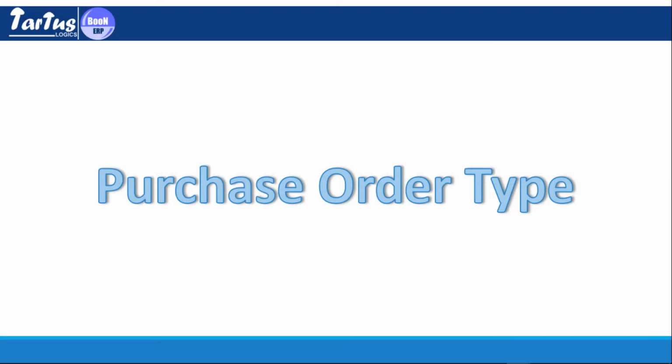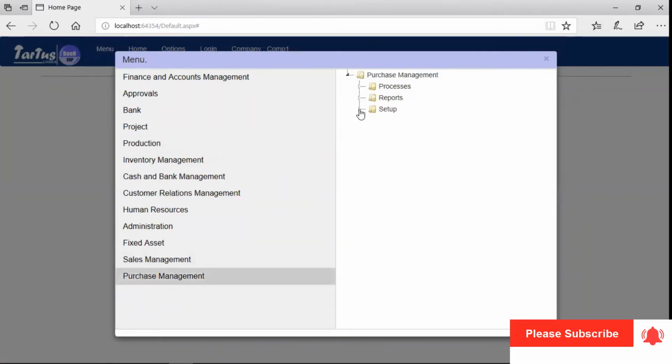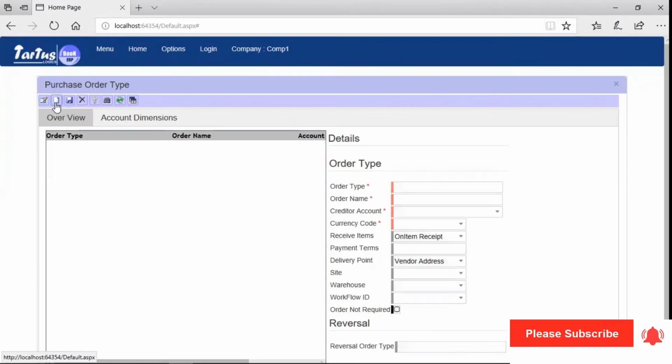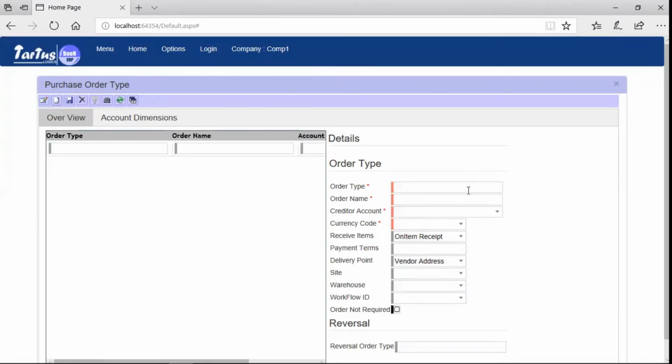To record a vendor invoice, we require a setup called purchase order type. Navigate to purchase management, setup, purchase order type. We can create a new setup INVMC, name it Invoice Mumbai Corp.